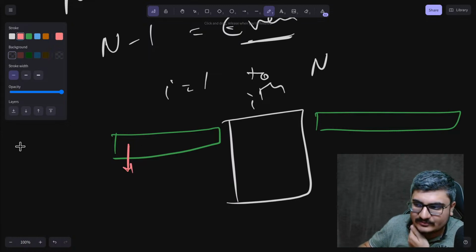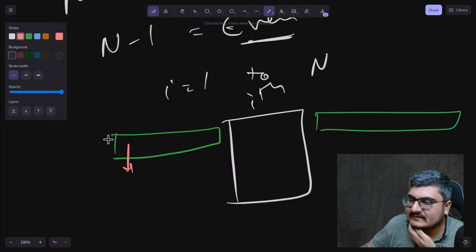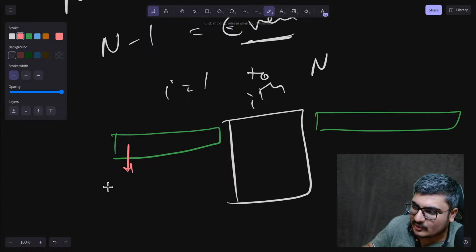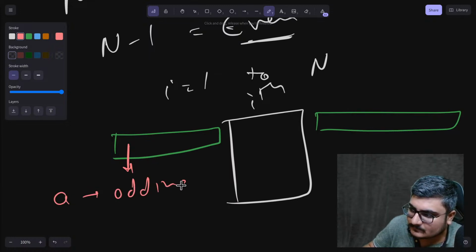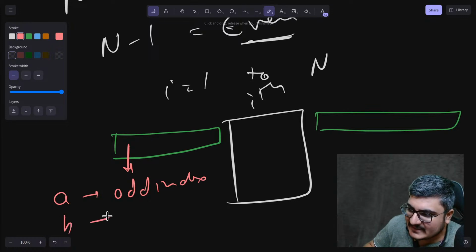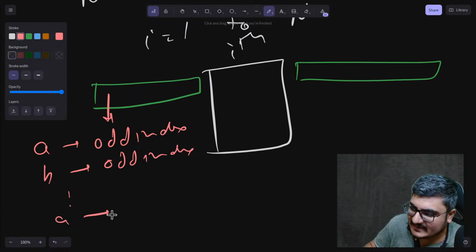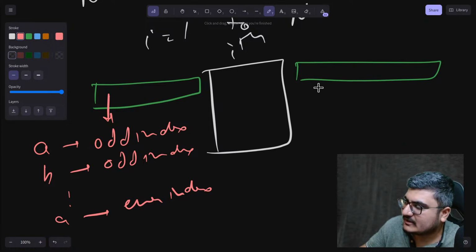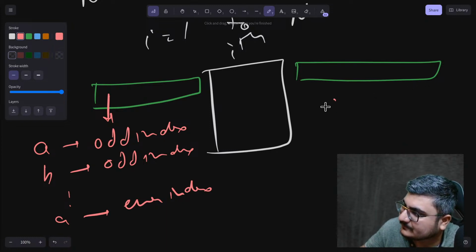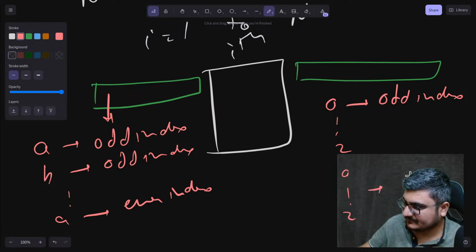We can keep a count using prefix sums. We can keep a count of all the characters which are at odd index. We can count how many A exist at odd index, how many B exist at odd index, similarly how many A exist at even index, and so on. Similarly here also, in this area, we have the number of A's at odd index for each character from A to Z, and for A to Z at even index,